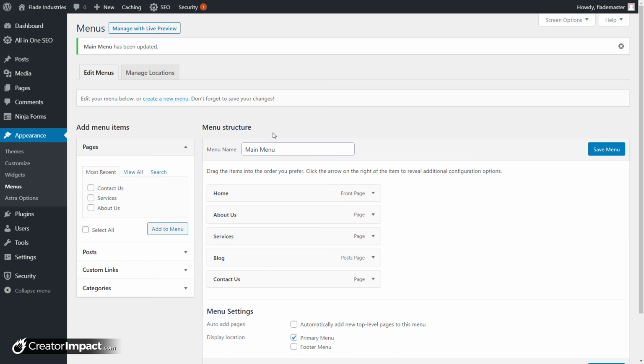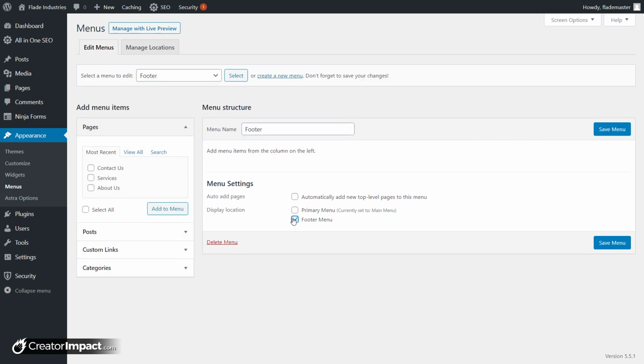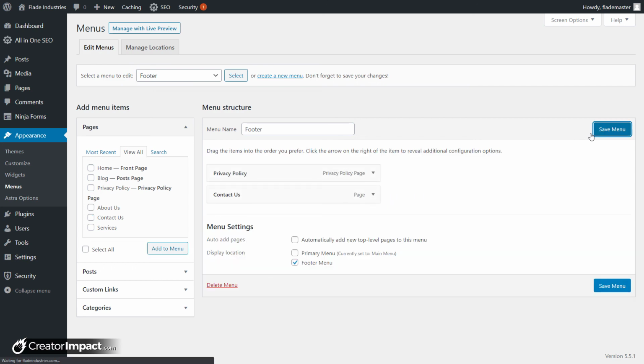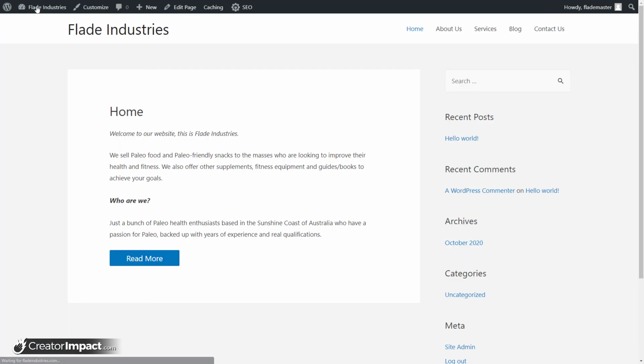Now the other thing I'm going to do is create another menu, call it footer, create that menu, tick the footer menu. I'm going to add in, if I go back to view all, privacy policy and contact us, and save that menu. So now if I go back out to Flayed Industries, back to the main page,